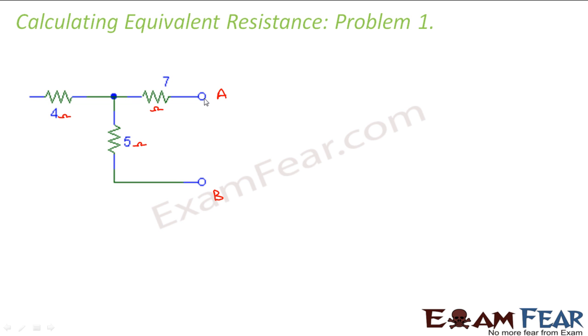If you look at it, since these are the two terminal points A and B, that means a potential difference exists between A and B. So a current, let us say some current I, will flow through this arm. But when this current reaches this point, what do you think? How will the current get divided? If you look at it, this 4 ohm is in air. This other end of the 4 ohm is not connected to any particular terminal or any particular point. So that means this 4 ohm resistance is hanging in air. So do you think current will flow through this resistance?